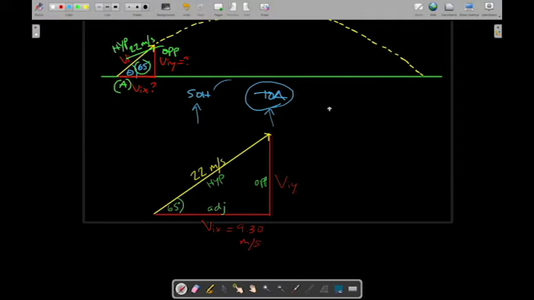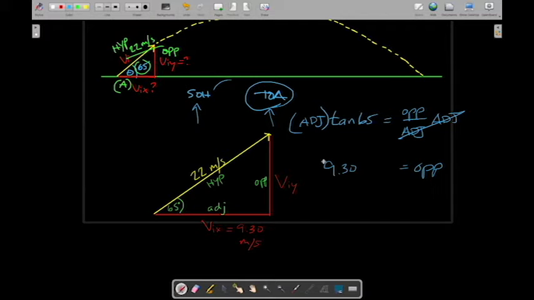So the equation turns out to be tangent of 65, tangent theta, which is our angle, equals opposite divided by adjacent. And the question is asking for the opposite because that's our initial vertical velocity. So we're looking for our opposite. That means I'm going to have to move my adjacent to the other side. So I'm going to multiply adjacent on both sides like such. There we go. Adjacent cancels out. And now our equation is opposite equals adjacent, which is what we just solved earlier,